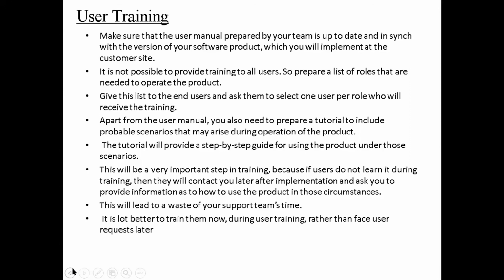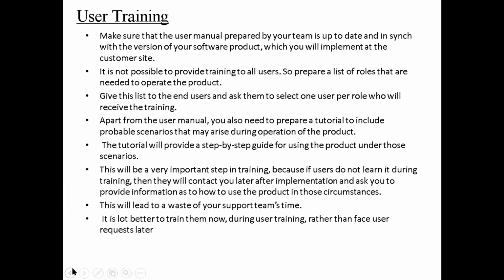Whenever you buy a product, you have a catalog. In the catalog, at the last, you will have some general troubleshooting measures. Likewise, your training manual also should have something like that, and you can't train each and every user. So first and foremost, you'll have to identify each and every role that comes with your software, and for each role, how many people are you going to train?